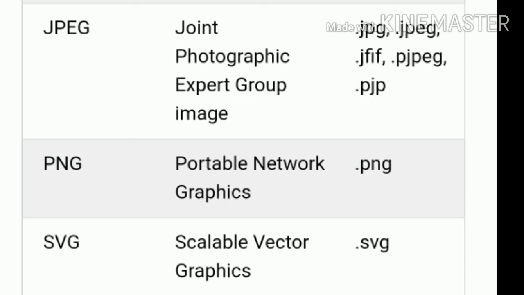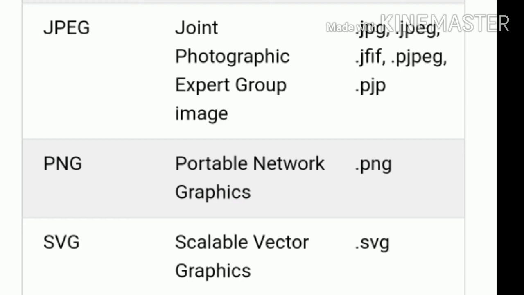Use the HTML image element to define an image. Use the HTML src attribute to define the URL of the image. Use the HTML alt attribute to define an alternative text for an image if it cannot be displayed.